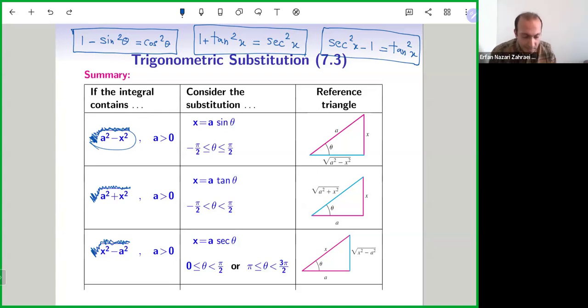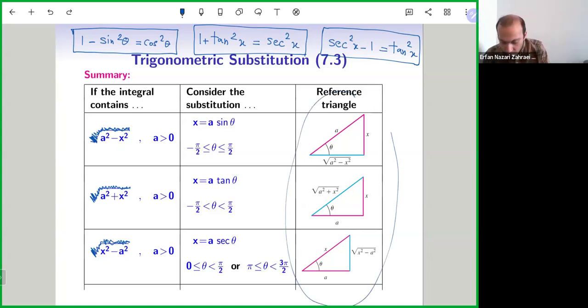Now that you know that, let's discuss something which is called a reference triangle. Do you remember when you do U substitution, at the end you don't leave your answer in terms of U? You need to substitute back U in terms of X. Here I'm doing some substitution. That new variable is called theta. At the end, you will have the answers in terms of theta. But that's not good. You need to replace all theta answers in terms of the original variable X.